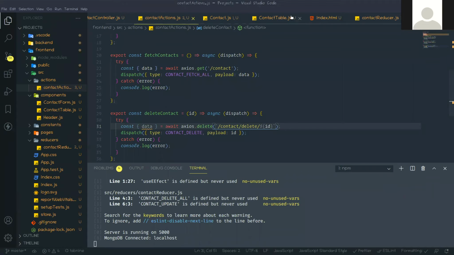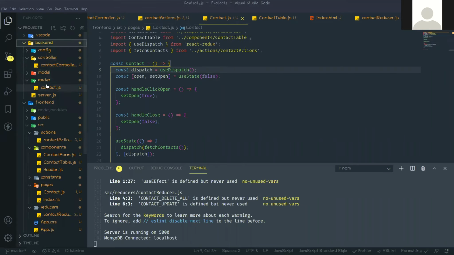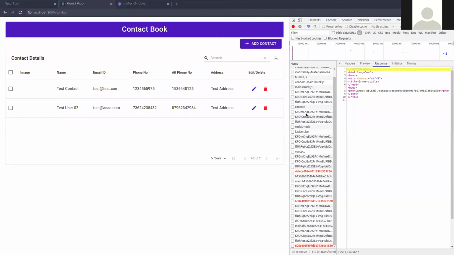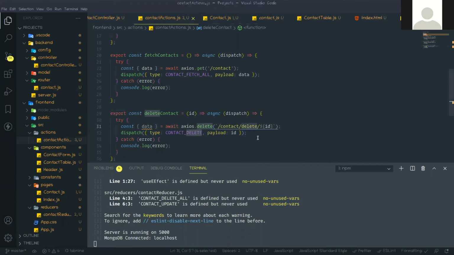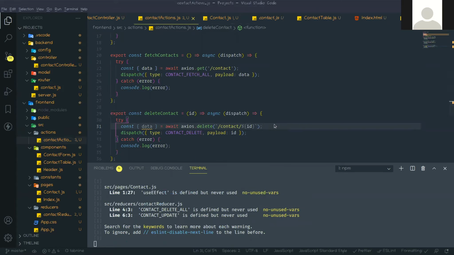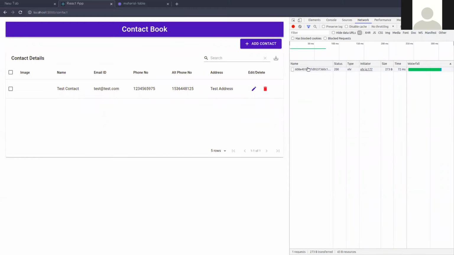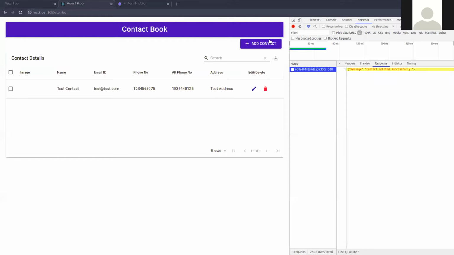Go back to the route. Check what route is there. Backend, then router. Okay, okay. Only ID is there. There is no delete, so this thing is not needed. Now just, so you can see that delete is also done. That delete is successful, then it will remove. So it already removed. So that is working fine. But still those images are not coming. So I need to check why those images did not come.